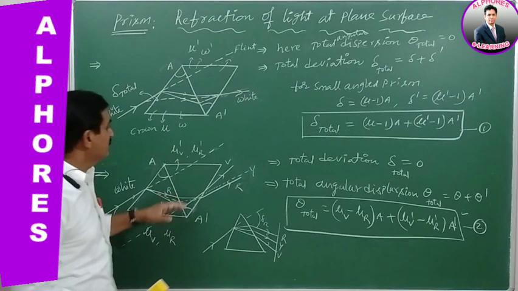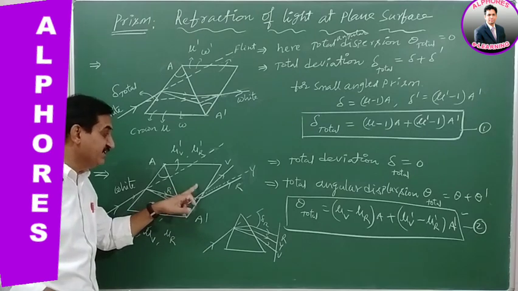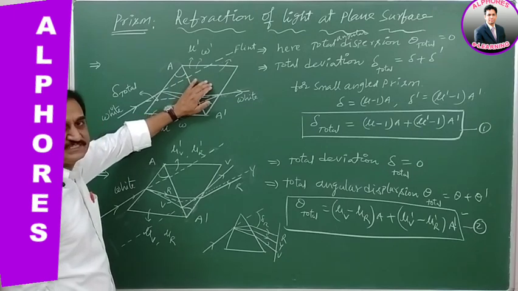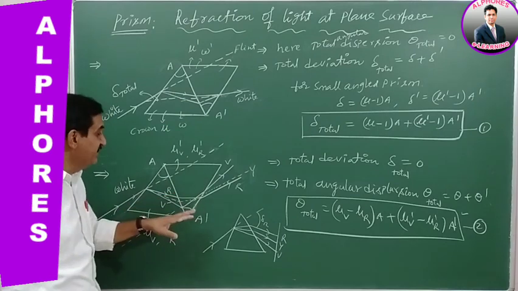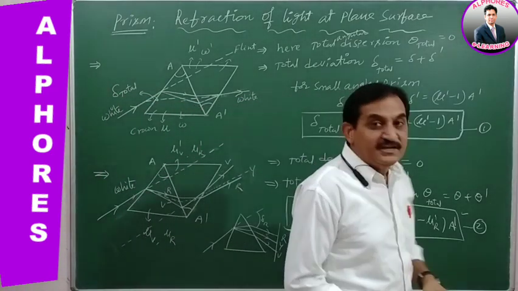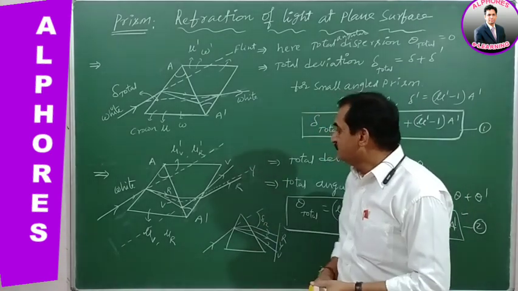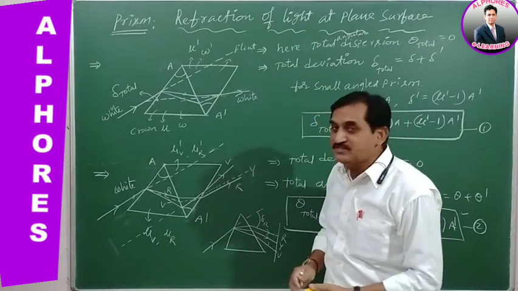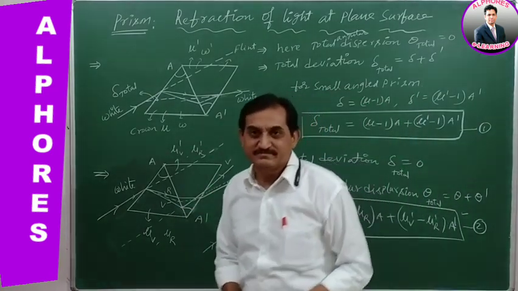Therefore, there are two cases. One is the deviation without dispersion case, the other is the dispersion without deviation case. So, deviation without dispersion is possible when we use a combination of two prisms connected in reverse sense, and dispersion without deviation we also get by a combination of two prisms connected in reverse sense. Let us see their values and how we can find the total deviation suffered by the light when the dispersion is nullified. The total dispersion is calculated when the total deviation is nullified in the other combination. Let us see.